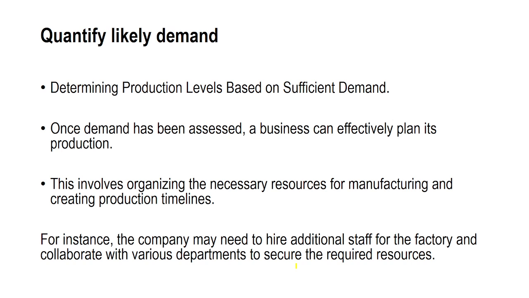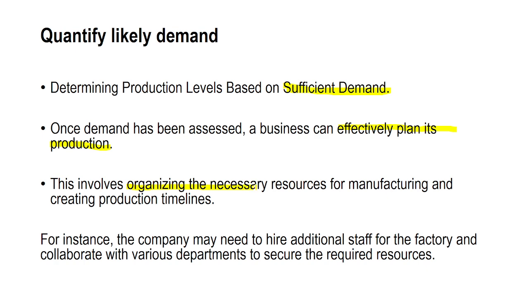So determining production levels takes place based on sufficient demand. They need to be compatible with each other: production levels compatible with sufficient demand. Once the demand has been assessed, the business can effectively plan its production. And effectively planning for production involves